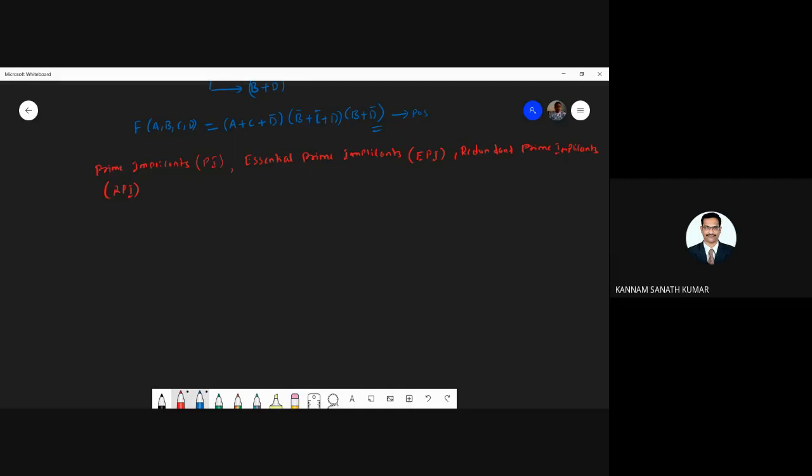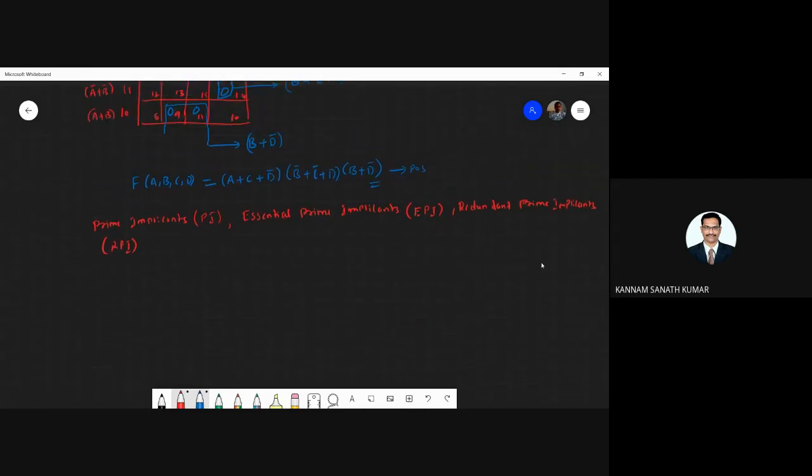While doing the K map, we make some combining, these pairs, quad and octet. So these are nothing but we are making some subcube. Okay, so while making this pair, quad or octet, means while combining these cells, you are getting some subcubes. Okay, the subcubes we call as prime implicants. So prime implicants consist of at least one which cannot be covered by any other prime implicant.